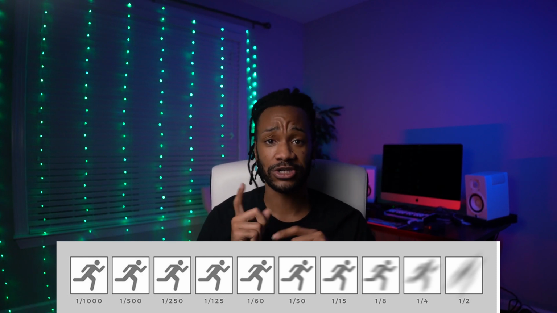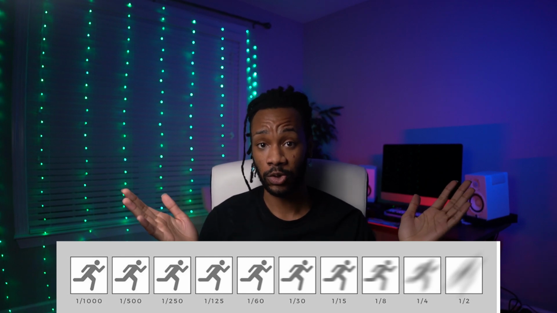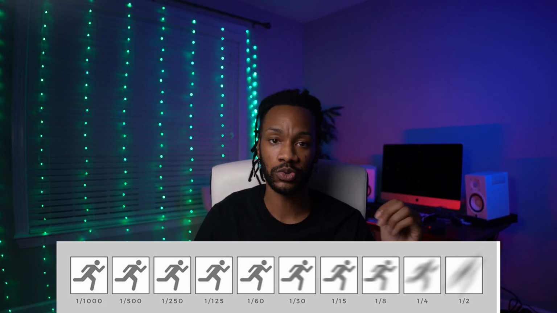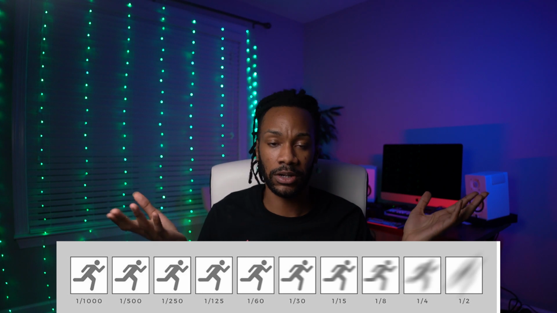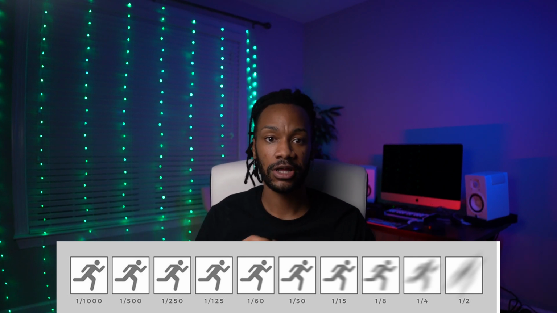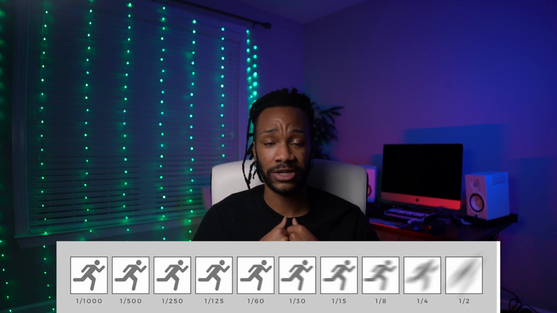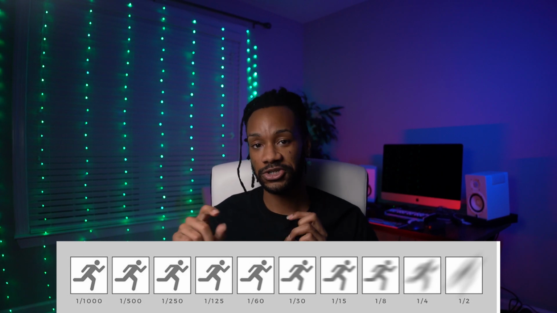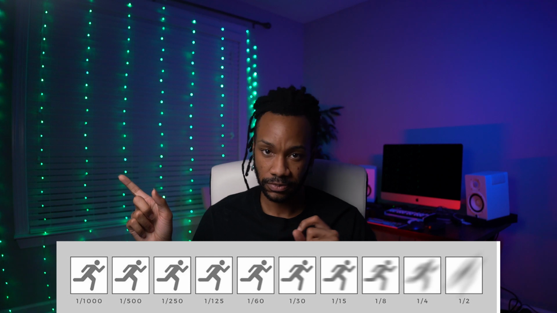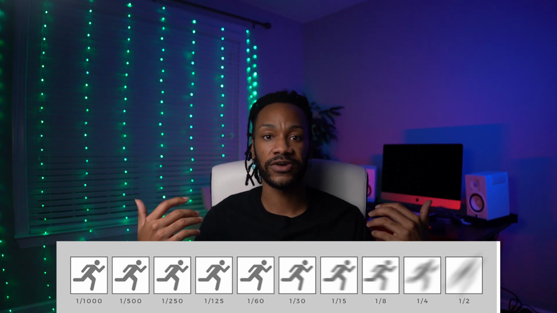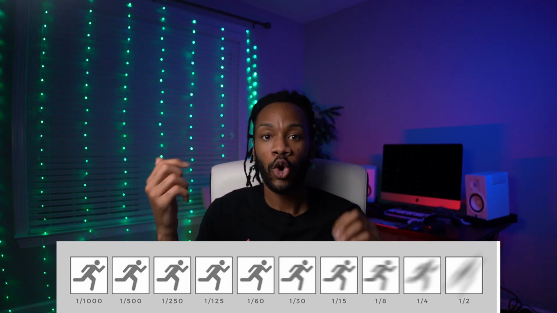Now, if the camera is on a tripod, you can go super low on shutter speed. You can go 1/2 if it's on a tripod, because there's no movement of the camera. Now, I've never shot a video or taken a picture at 1/2. When you're shooting that low of a shutter speed, you're doing some type of photography on a tripod where you're trying to